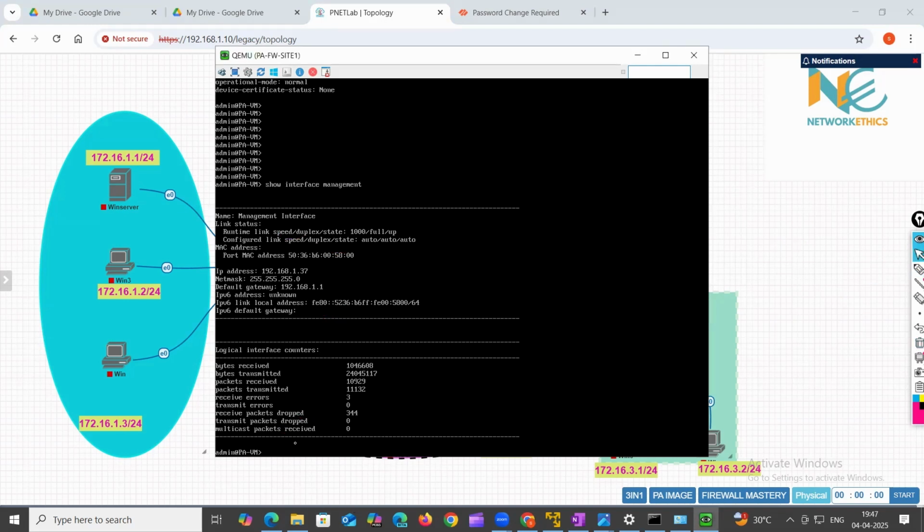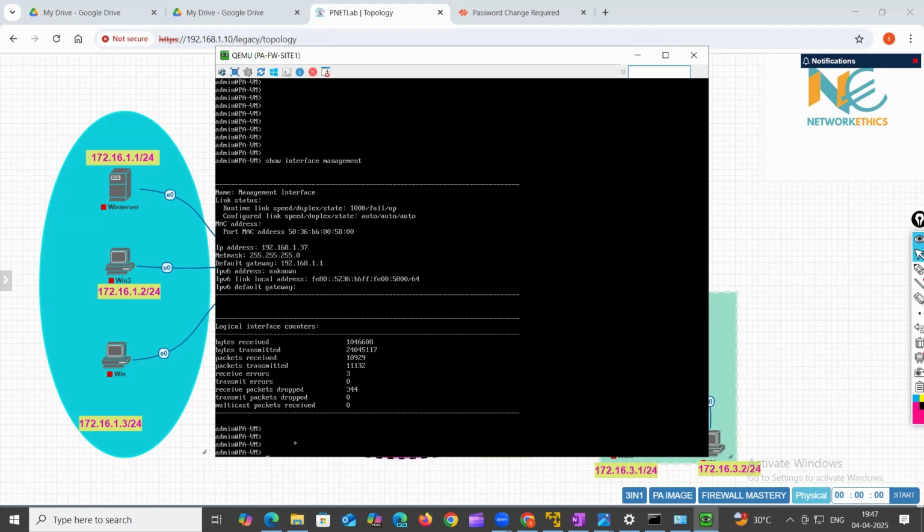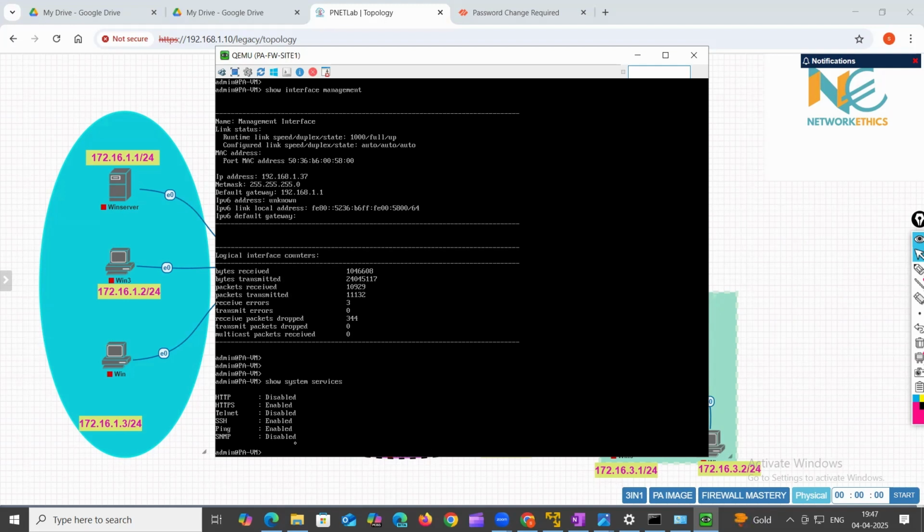So now we are reading the information, right? You can execute this command in operational mode itself. You have to give this command: show system services, administrative services. This is the command to know what administrative services are enabled on your management interface by default. And you can see that